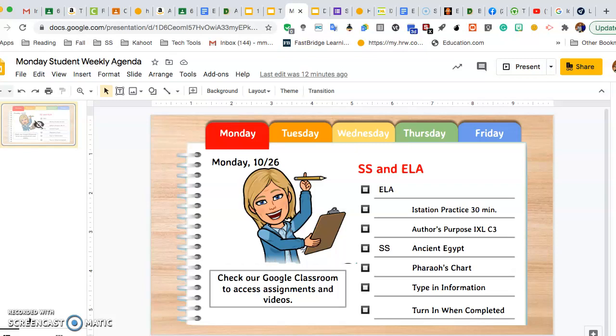Looking at the agenda, you are going to practice iStation for 30 minutes today. Be sure you're on there for the entire 30 minutes, otherwise it will flag you and say that you didn't spend enough time. When you are done with that, you're going to go to IXL and you're going to work